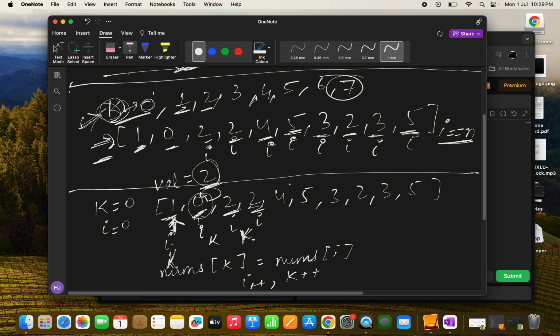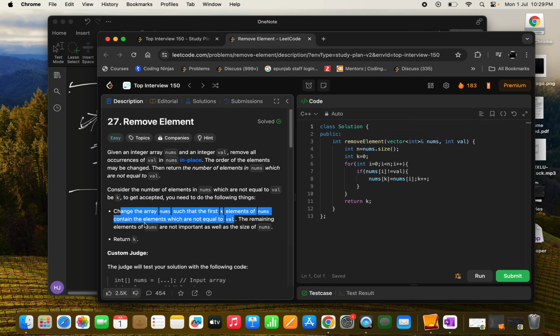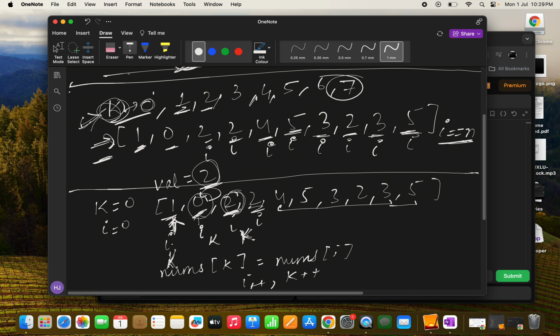Because in this case what we have to figure out is all the elements which are coming after this 2 in this array which are not equal to 2. That's what we have to figure out, because according to the question what we have to do is keep our first k elements at the beginning of the array which are not equal to val. So that's why we are not incrementing our k pointer at this instance, because for the next value, which is